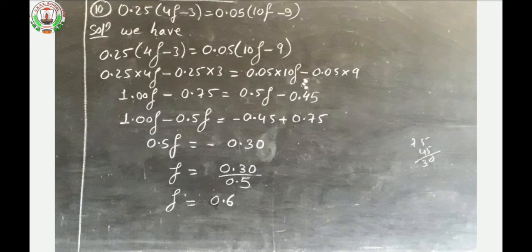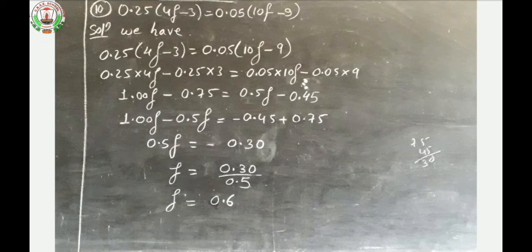0.5f from the right hand side, if we transpose it to the left hand side, becomes minus. And in the same way, minus 0.45 is already present. We are going to transpose minus 0.75 from the left hand side to the right hand side, and it becomes plus 0.75. Now, subtract 1.00f minus 0.5f, it will become 0.5f equals, minus and plus will become minus, isn't it? So, minus 0.45 plus 0.75 will become